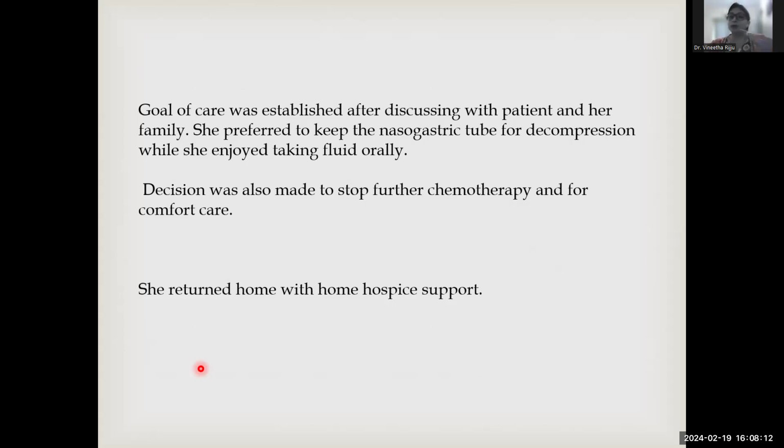Probably when it was an advanced stage of disease, the goals of care should have been discussed earlier, so that this prolonged admission could have been avoided. And dexamethasone we should have started at a higher dose. Metoclopramide and dexamethasone both could have been tapered and continued as oral medications, slowly bringing down the dose and then stopping it. That should be done over a span of around 10 days.